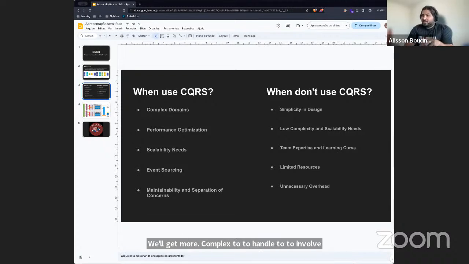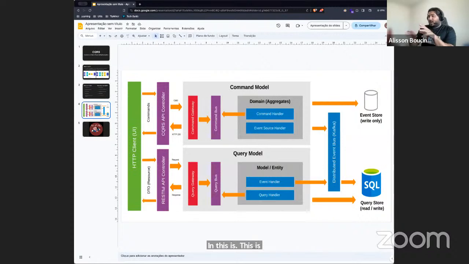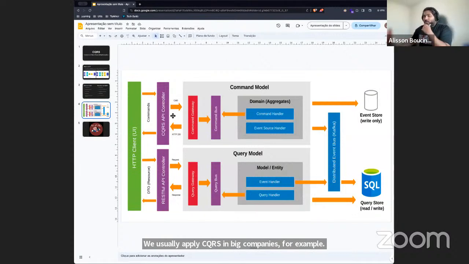So that's it in short words. And this is how we usually apply CQRS in big companies. For example, if you realize you have a controller that receives a command, and this command is processed, and